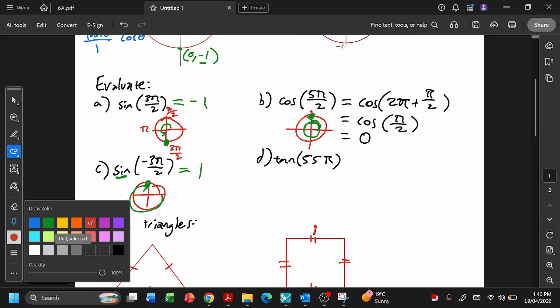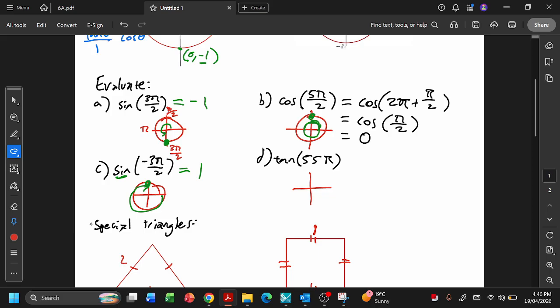So let's first figure out where we are on the unit circle. So 55 pi. That's a big number. We're going to be rotating a whole bunch of times around this circle. How many times? Well, it actually doesn't really matter, does it? Because if we were to think about this,